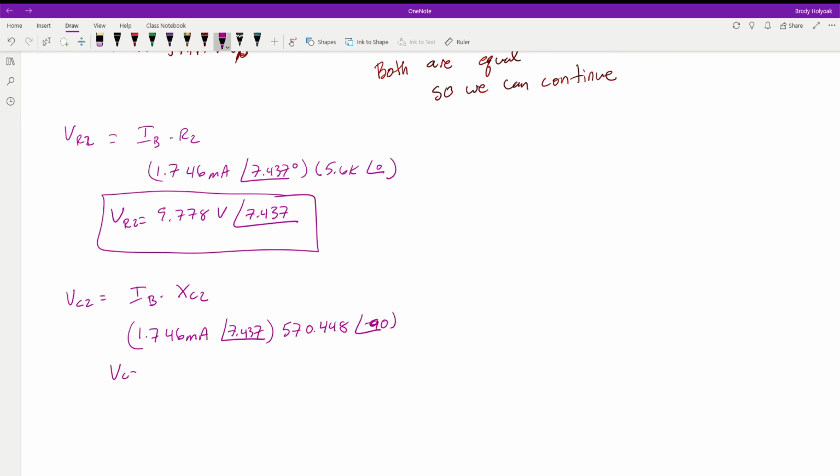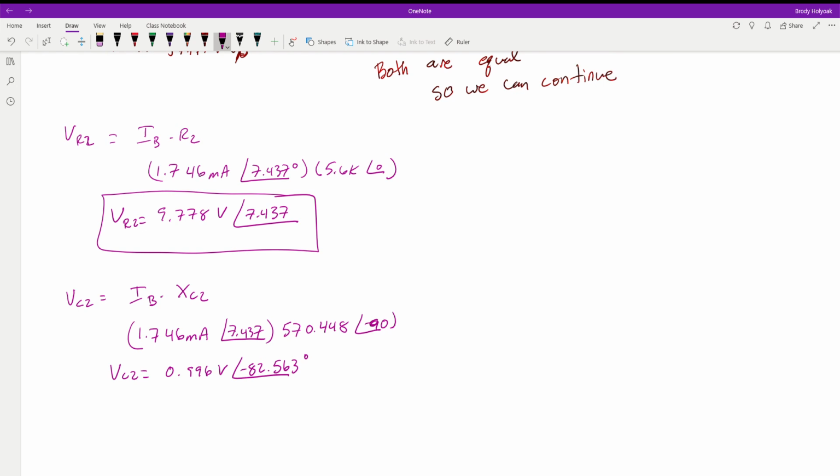So the voltage across capacitor 2 is going to be equal to 0.996 volts at an angle of negative 82.563 degrees. Now if you wanted to, you could go through and do a Kirchhoff's voltage loop to verify